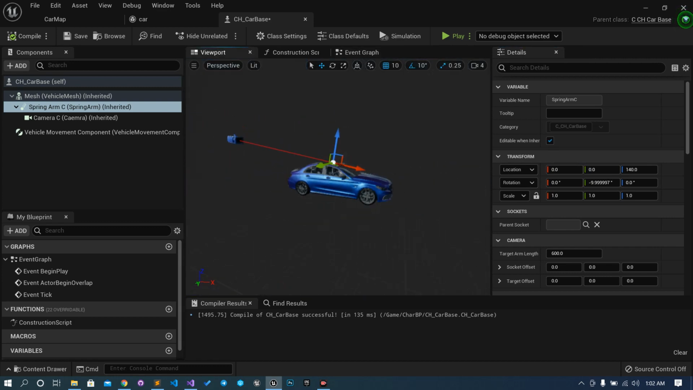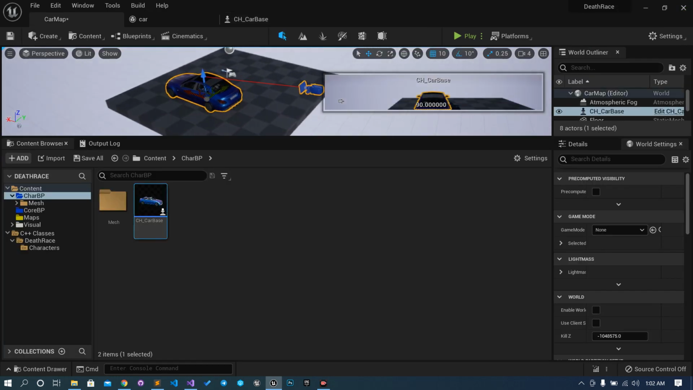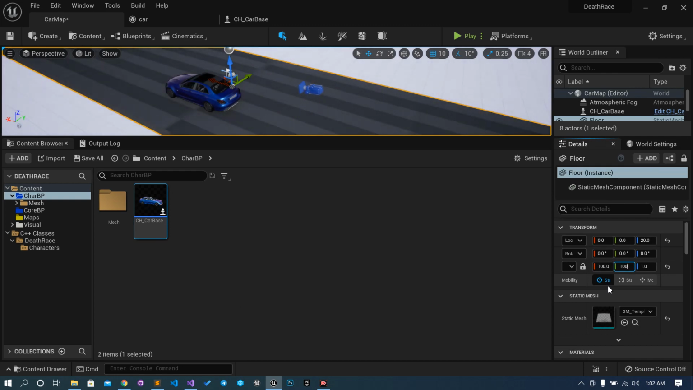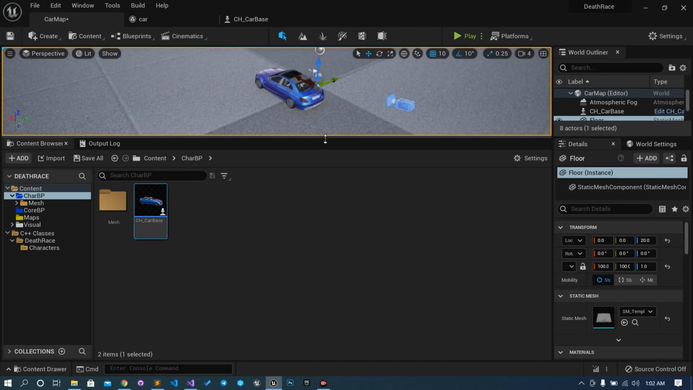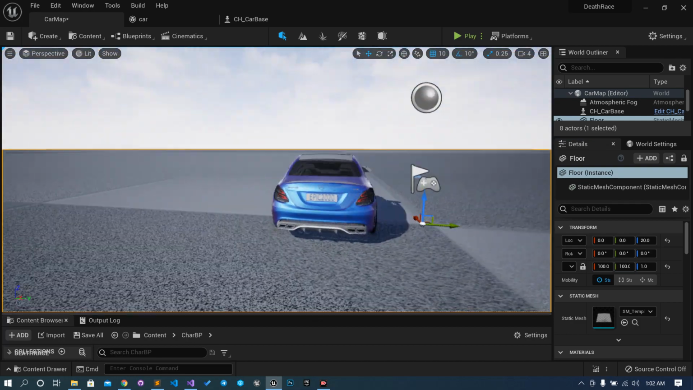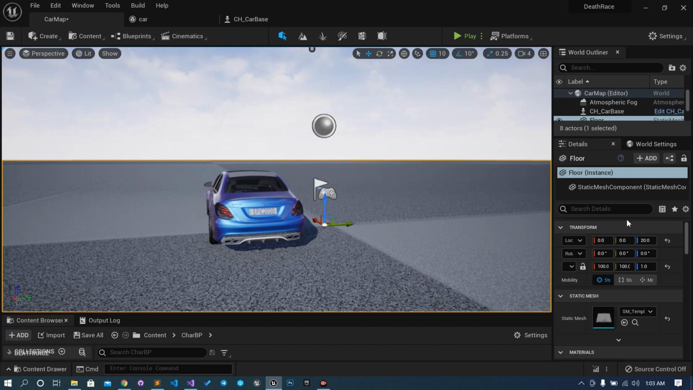Go to the viewport and we have this setup here. Okay, if you drag this car inside the level, it is looking good. Like, let me stretch that by 100. Okay. It is looking good. And if we will possess it,